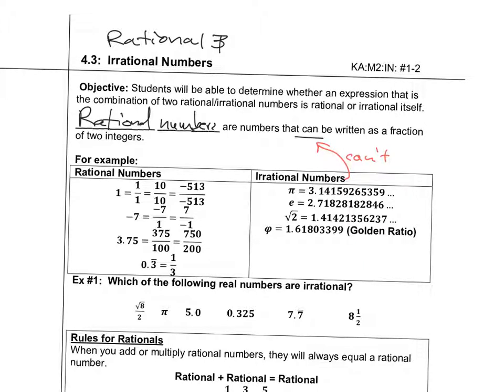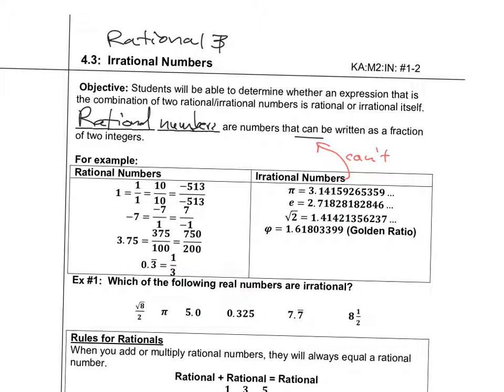We have some examples here, right? 1, or any fraction that represents 1, is obviously rational. Any integer is rational, even if it's negative, because it could just be written as a fraction of two integers. Any decimal that doesn't go on forever is definitely rational. And some decimals that do go on forever, as long as it's repeating, can be written as a fraction of